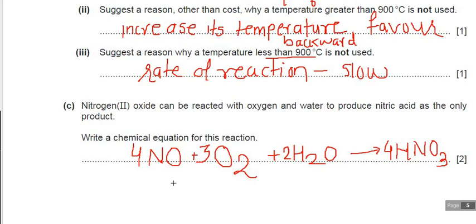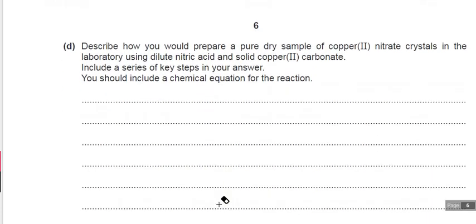So please check it here. Nitrogen is 4, on the product side it is also 4. Oxygen is 6 here, and here it is 4, so 4 plus 6, and here it is 2, so oxygen is 12. 4 3s are 12. And next you have hydrogen. Hydrogen is 2 2s are 4, and here it is also 4. So in this way, this is your balanced equation. Now move to the next question. This is the last one.